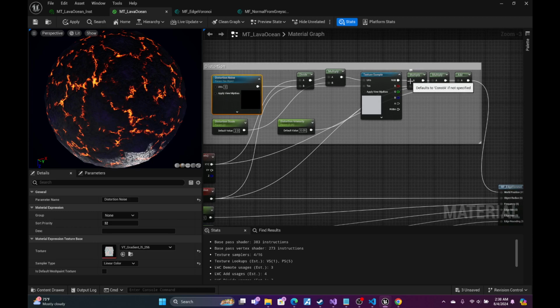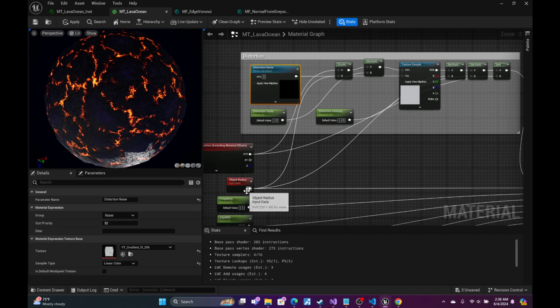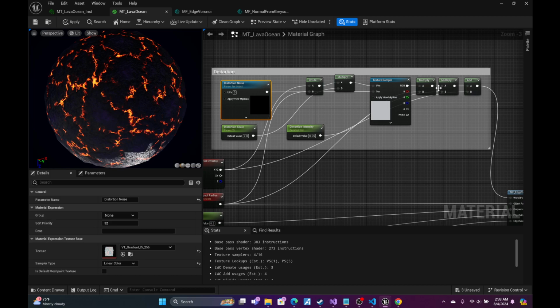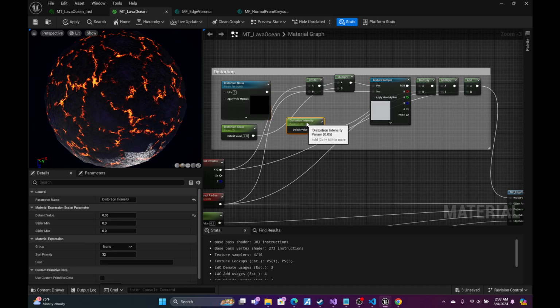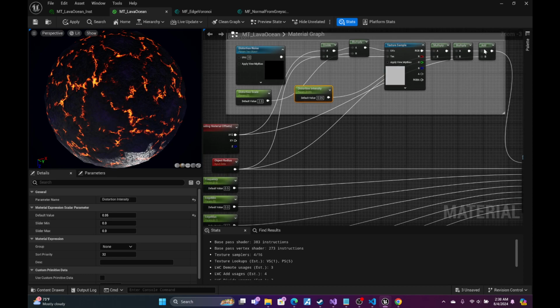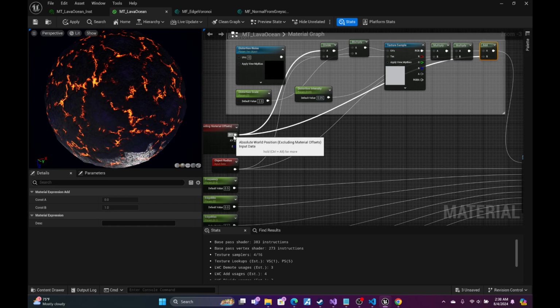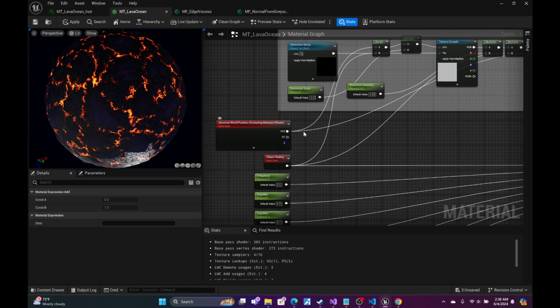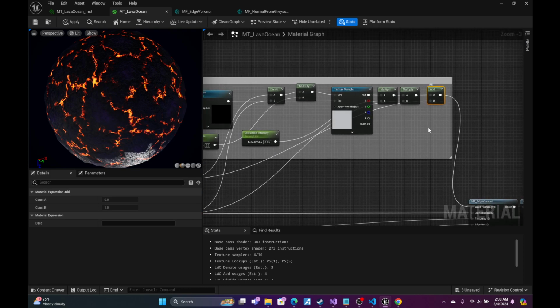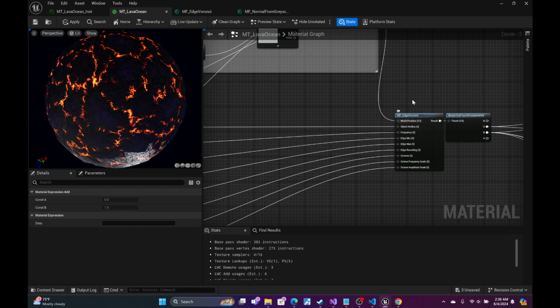I'm taking the output of that, multiplying it by the object radius, then I'm multiplying that by this scalar parameter that you'll have to create, distortion intensity. Finally, we're taking the output of all those operations and our original world position here, and we're adding them together, and then we're plugging that into,